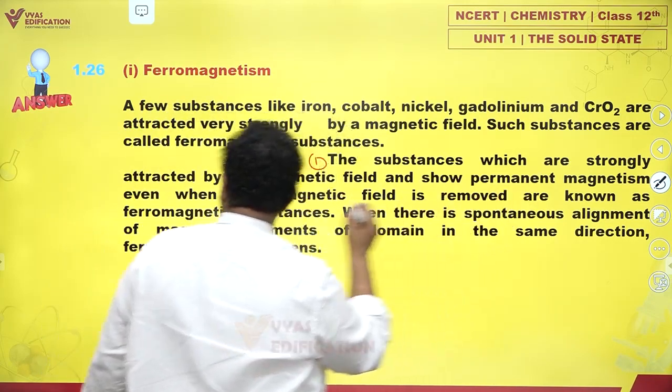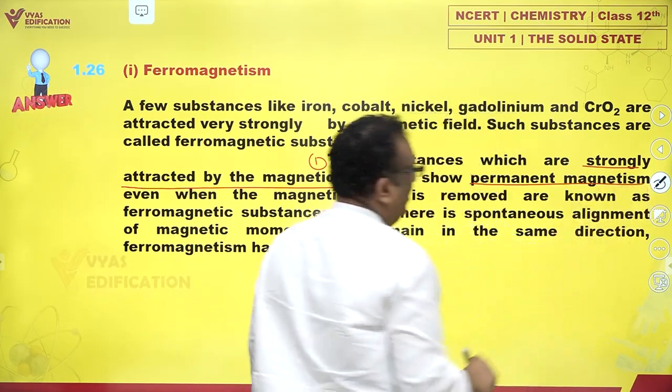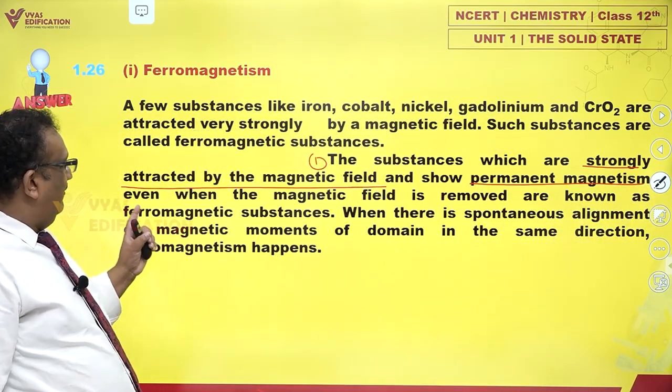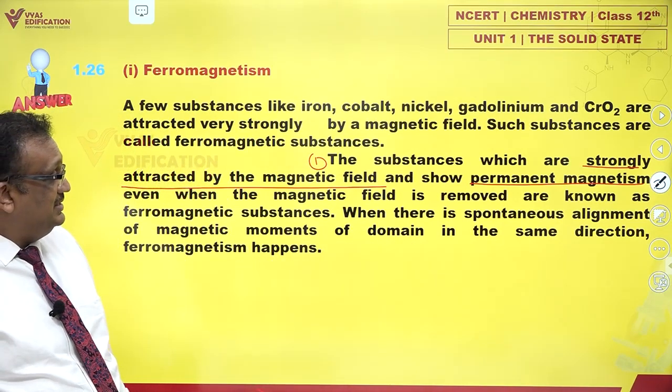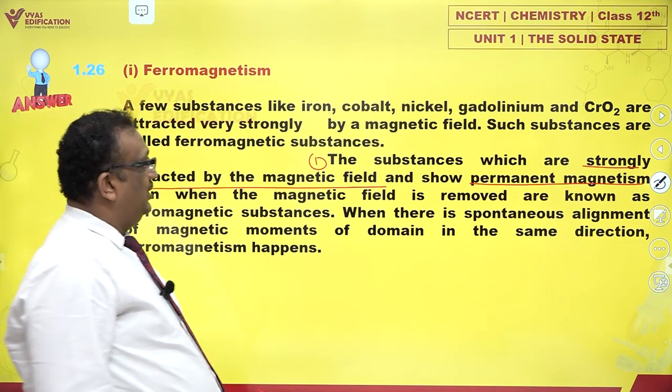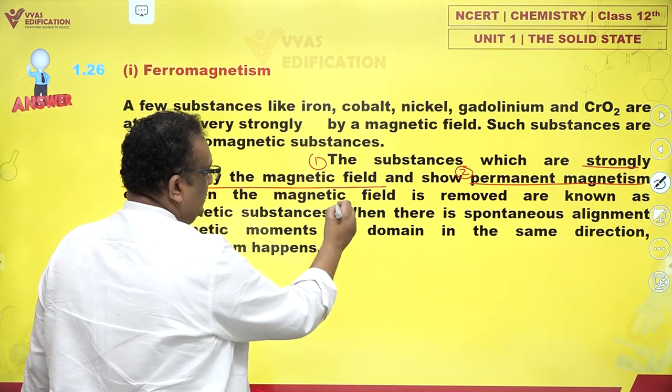The substances which are strongly attracted by a magnetic field and show permanent magnetism, even when the magnetic field is removed, are called ferromagnetic substances. Yes, this is the first point. In fact, this can take a second point. Third point,